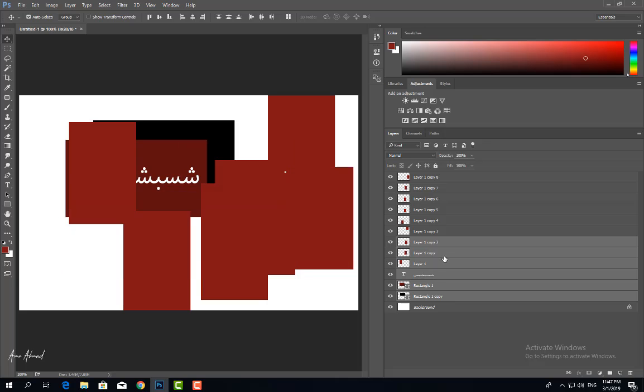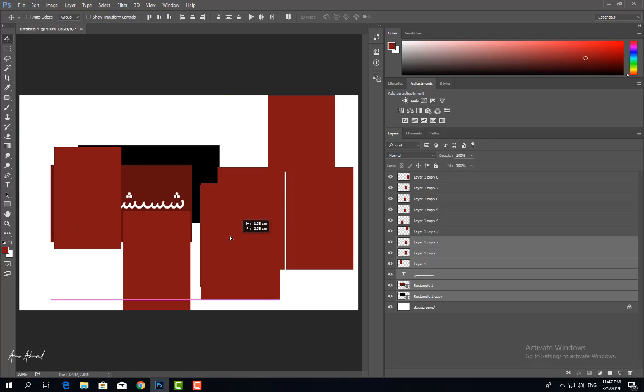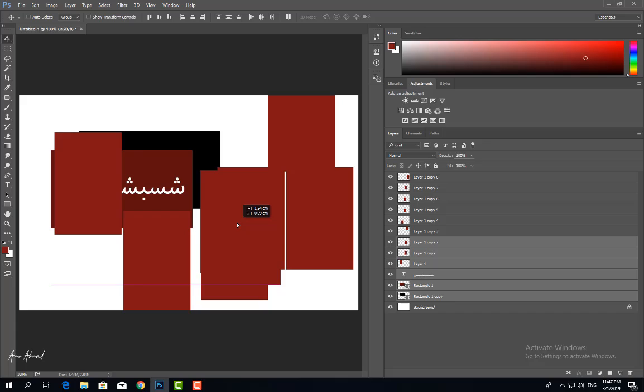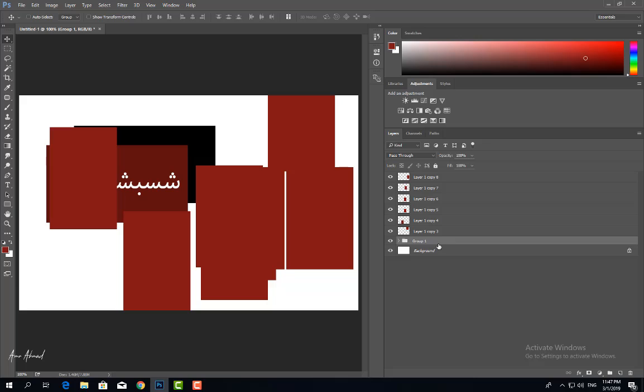Once selected, we can move them all as a whole, but they are still separate layers. If you want to organize them, after selecting them we press Ctrl G to make them one group,